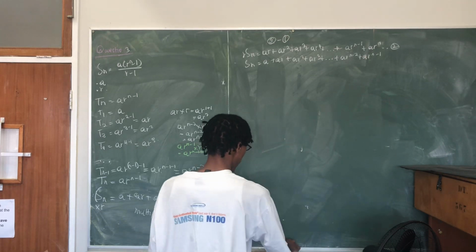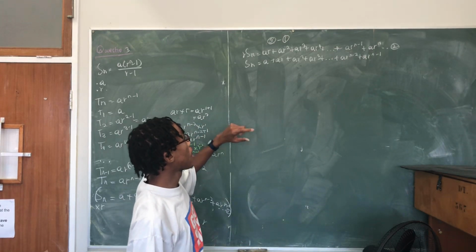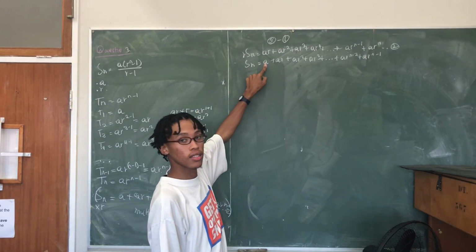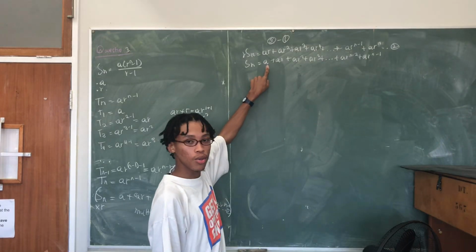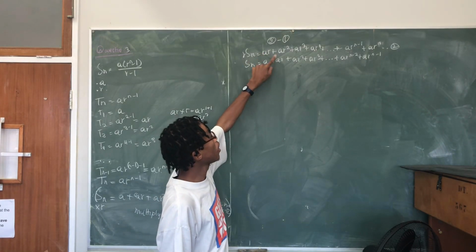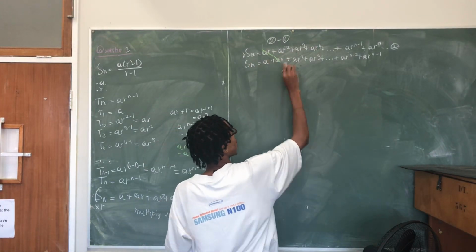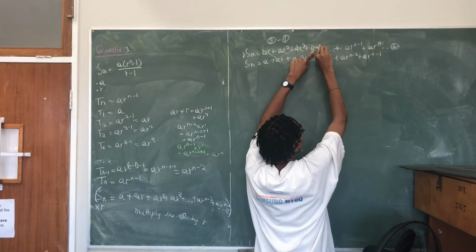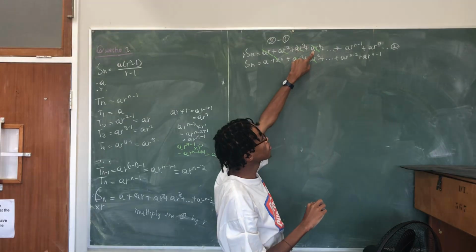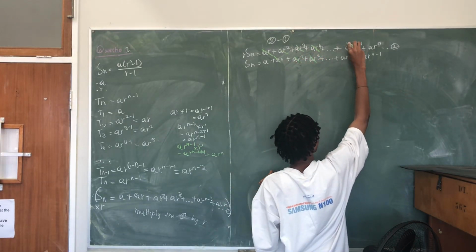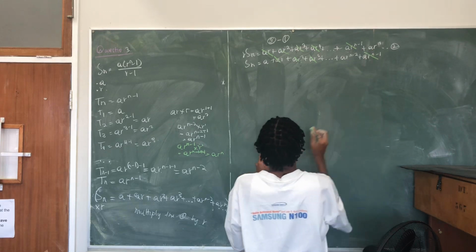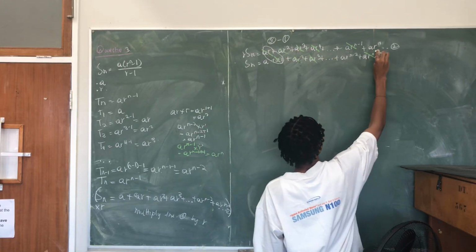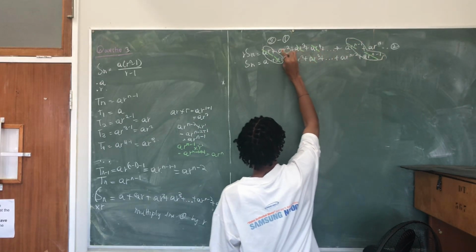We're going to cancel out values that appear on both equations. For instance, a only appears on the second equation, so we're not going to cancel it out. ar appears on both. Remove ar squared, remove ar. We're going to continue cancelling everything out until ar^(n-1). Everything that is between ar as well as ar^(n-1) is going to cancel each other out, because